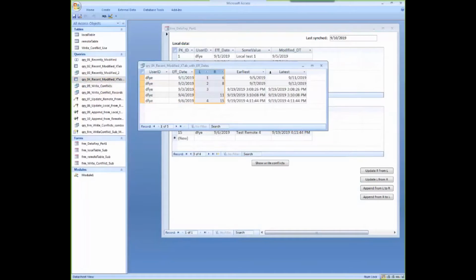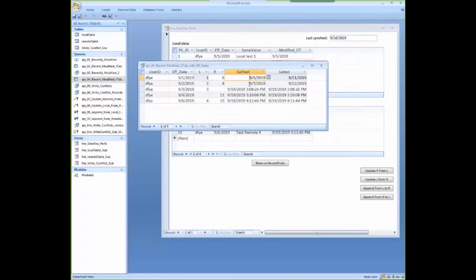And then we know what the earliest and latest dates are for when the data was written or last modified on those 2 computers. So you can see that although this doesn't tell you whether it's the local or the remote that was last modified on the 11th, this one has definitely changed on one of those 2 computers.